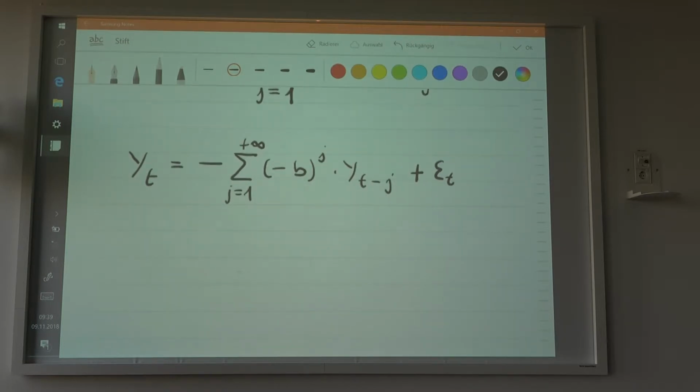The last thing I'm going to do here is change the sign as follows. I will have a factor of -1 and multiply that in. So this is going to be equal to -1 to the power of j minus 1, of j equal to 1 to plus infinity, and then I take out negative b to the power of j, so that's going to be the result.